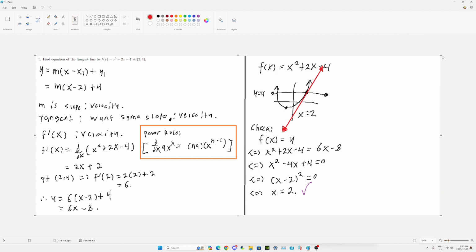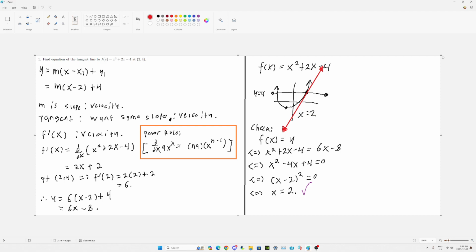Alright, so derivatives, tangents, and revenue. Basically, the first one is just find the equation of the tangent line to f of x equals blah at some point. So when it's asking for the tangent line, what it's wanting is the same slope or velocity at some point, basically, right? So if we have an equation of a tangent line, well, it's the equation of a line,